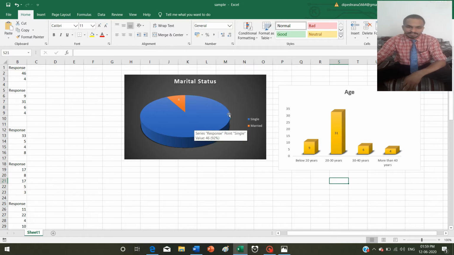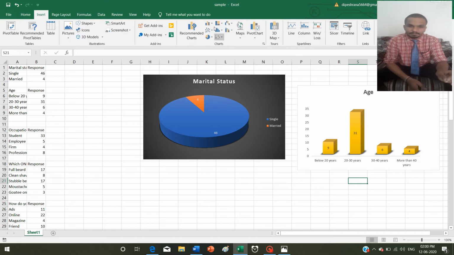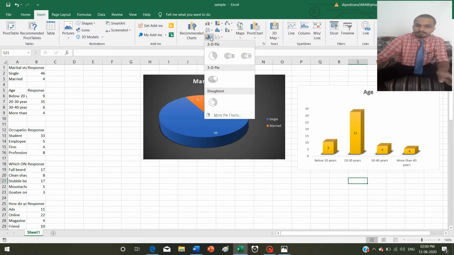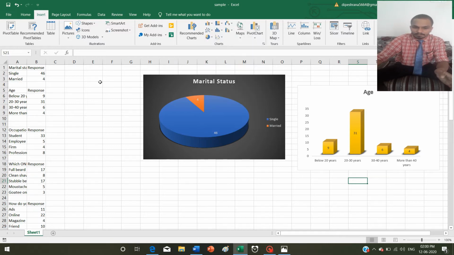Okay, these are the ages and this is the marital status. So this is the first topic. It is very easy, you can make a graph. What you have to do is select the table, go to Insert, and there are many options available all over here. You can choose a pie chart or a bar diagram.